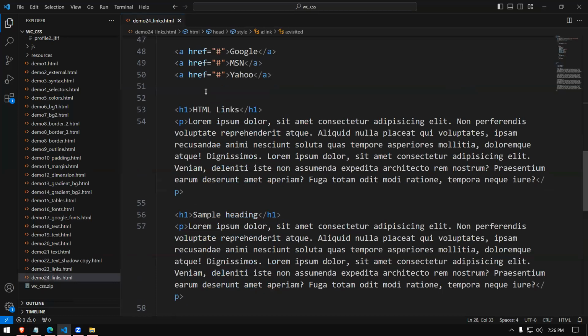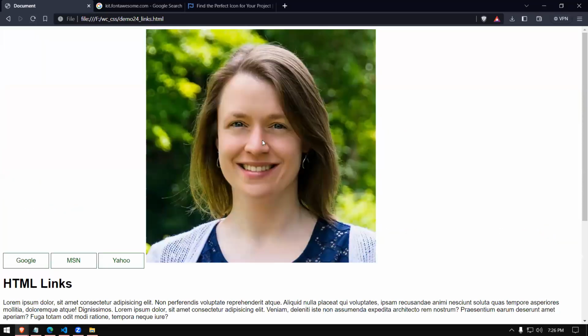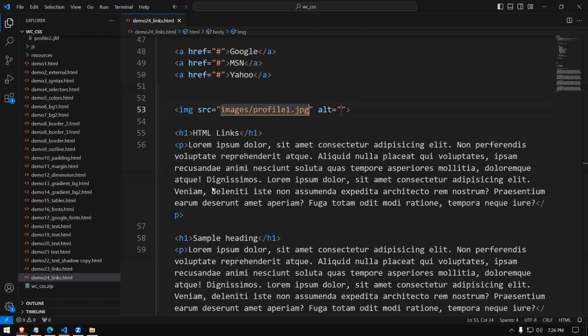Let's add an image here. After this one, let's add an image. I think I showed you how to do that. So images slash profile one.jpg. Then when you reload this, you get a big picture like this. Okay, so let's put